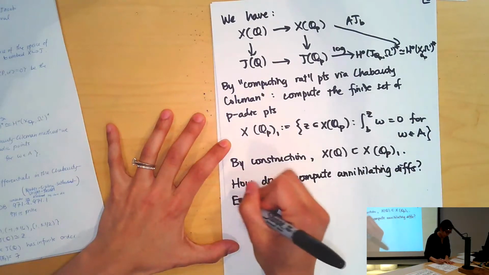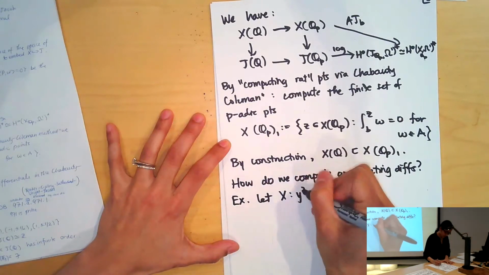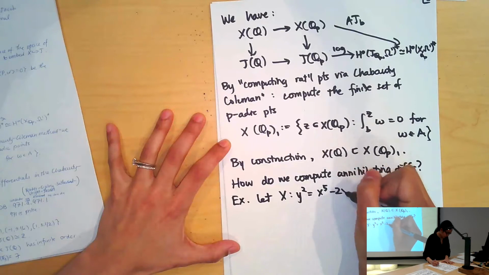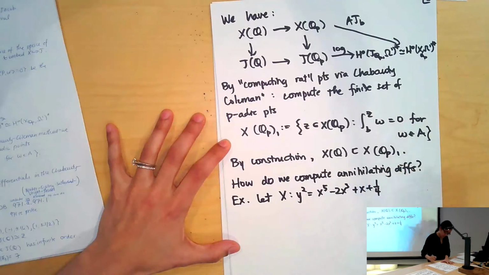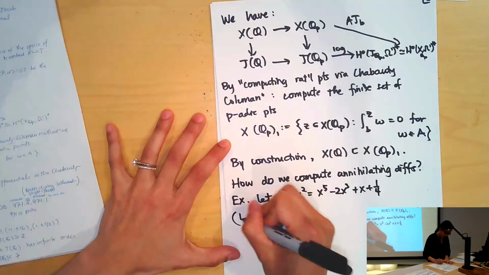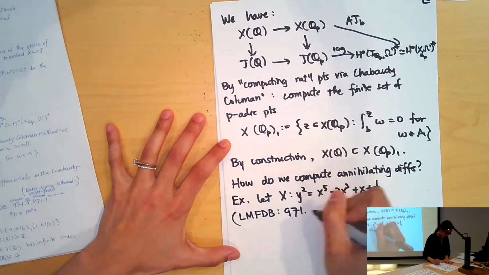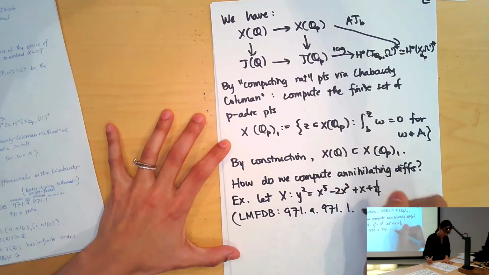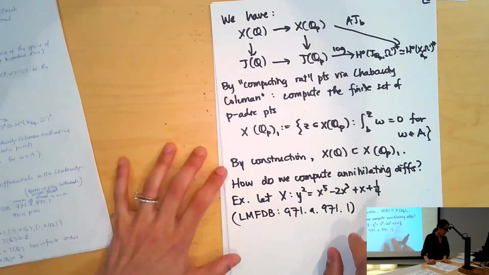So here is an example. We'll take X to be this curve: y squared equals x to the fifth minus 2x to the third plus x plus a quarter. It's from the LMFDB, label 971A 9711. In the LMFDB, there's a wonderful database of genus 2 curves, thanks to work of Booker,